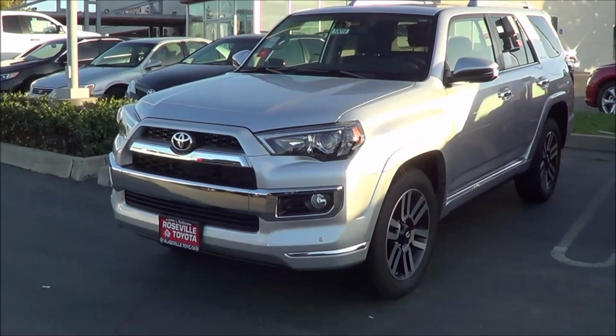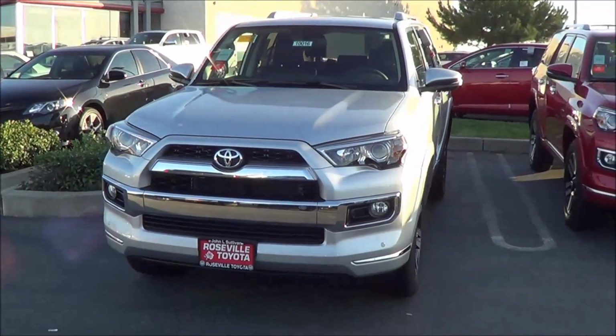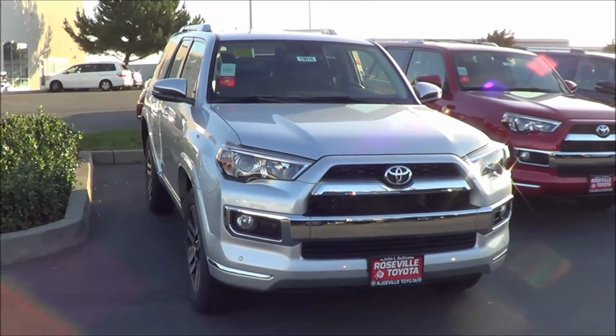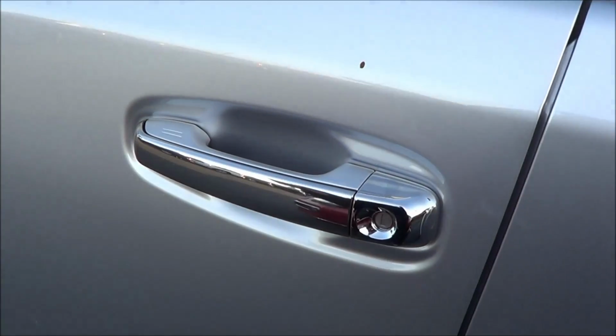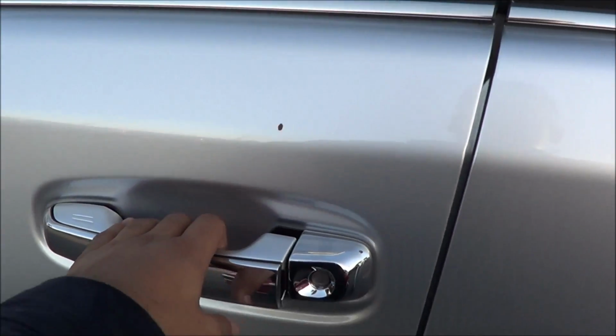Now essentially you can still bang around off-road with the 2015 4Runner because it employs the same rugged body-on-frame architecture that underpins pickup trucks, and that's what makes it a very special, unique vehicle in today's automotive market. Now it is a silver exterior color with Smart Key access on the driver and passenger door,